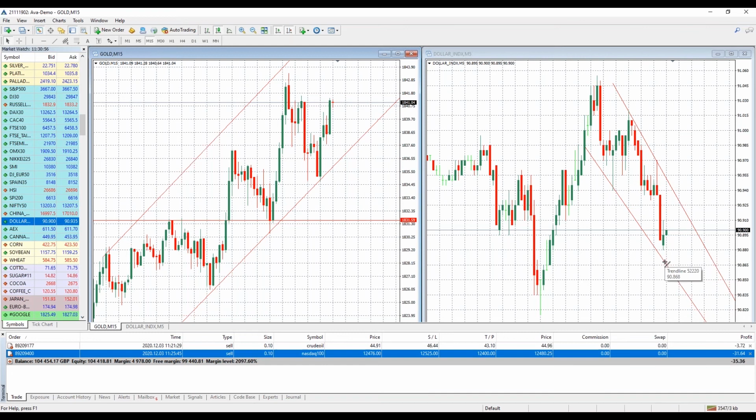Okay, so this is what we would call cross asset trading, where you have the idea that if one asset is doing something, I expect another asset to do something in response to that. And if the other asset hasn't done its response yet, then maybe that's your entry point.